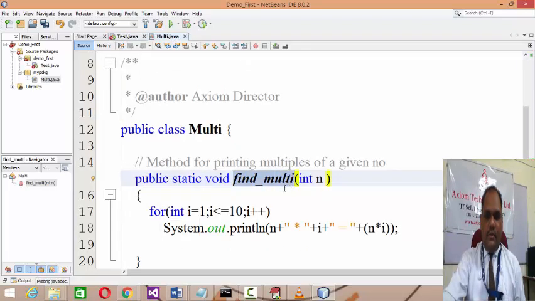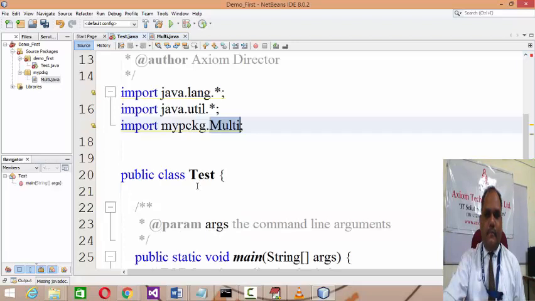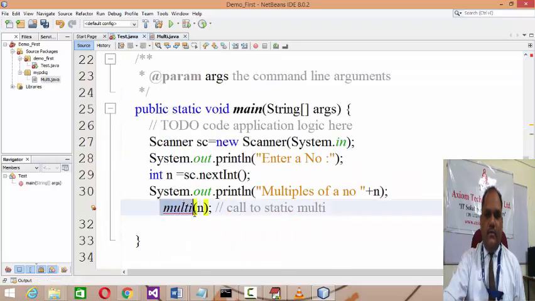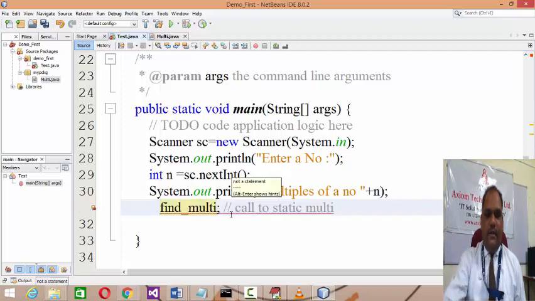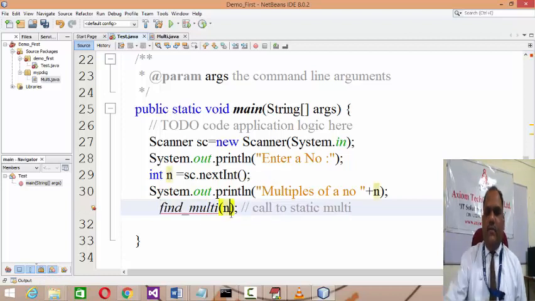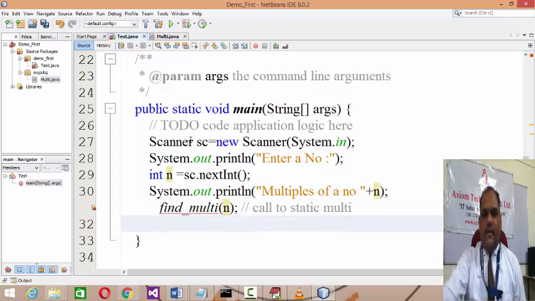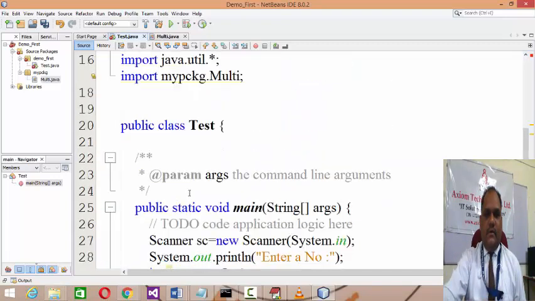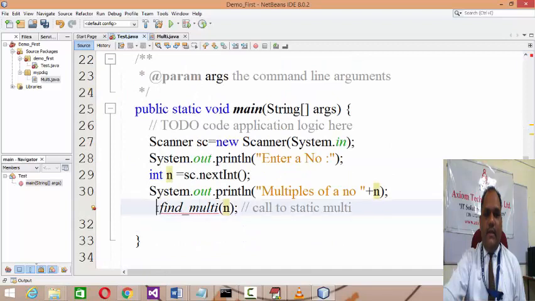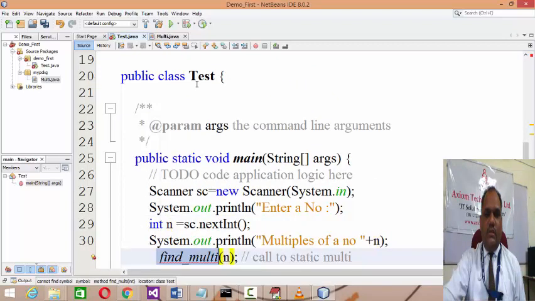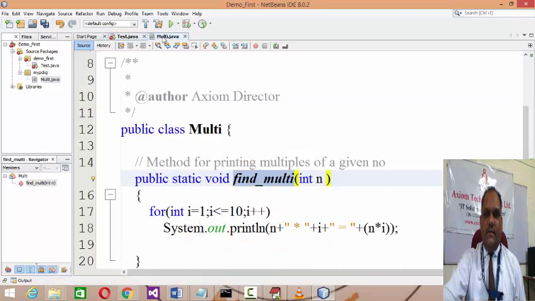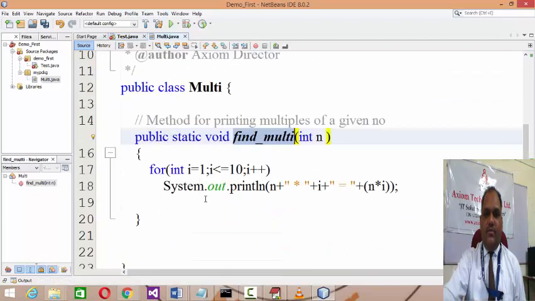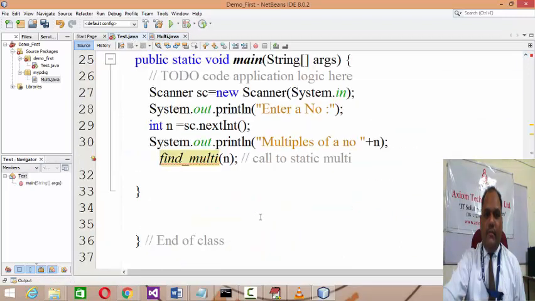So I'll make a copy of that find multi, and here instead of multi I'll be giving a call to find multi and passing this n value as an argument. Now as this find multi is a method not belonging to the test class, it belongs to the multi class, though it is a static method, you cannot directly give a call to find multi.